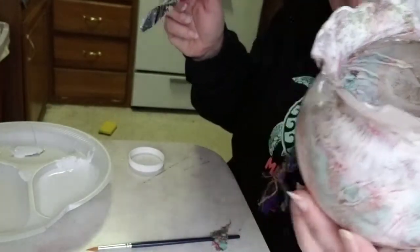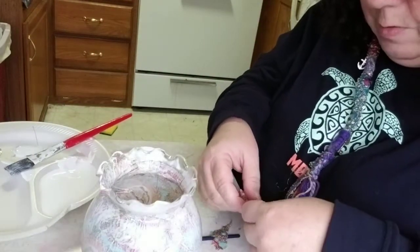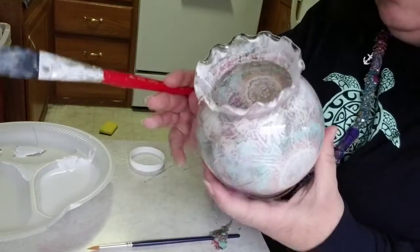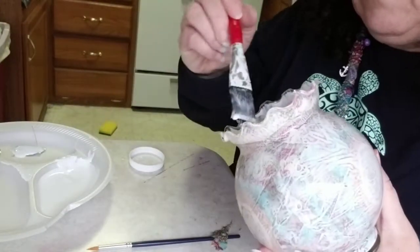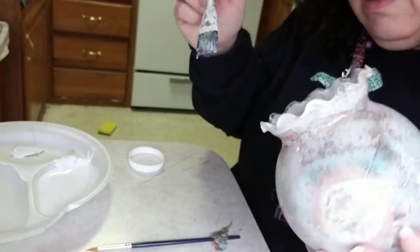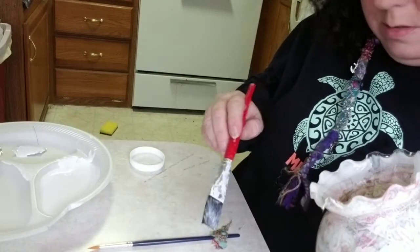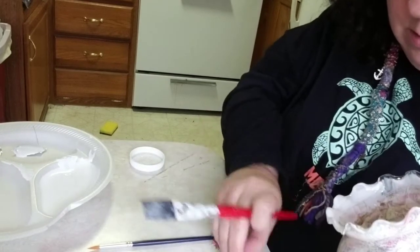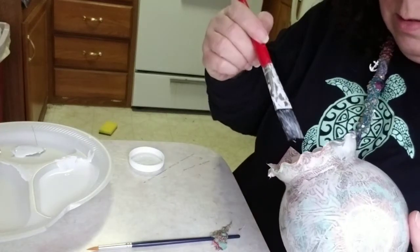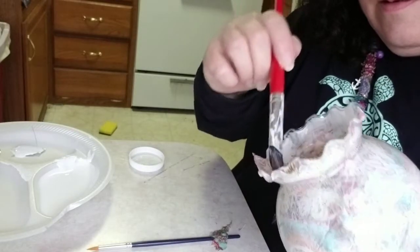So see, that's on that side. When these dry, I will put a picture up. Whew. So do another little section. I know this is not going to cover all of it. Which way did I do that? So,